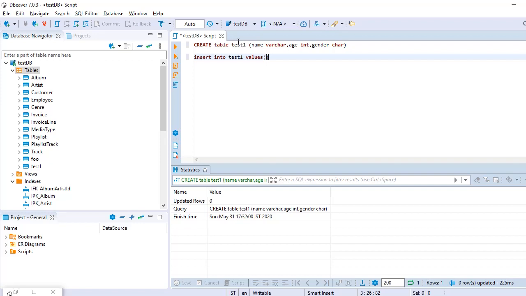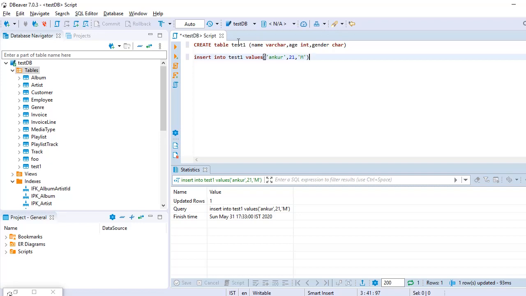Suppose it's Ankur, so it's varchar, then I put it into single quotes, and the age would be 21, the gender would be male. If I run this query using Ctrl+Enter, the value is inserted.